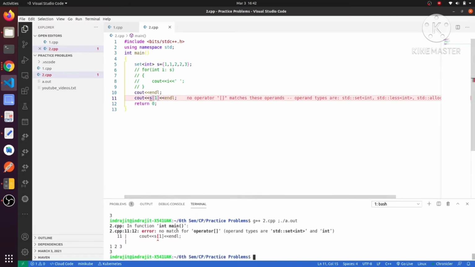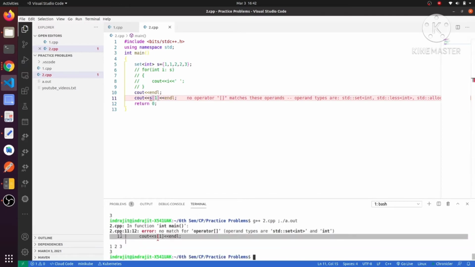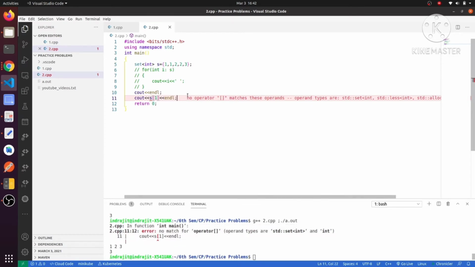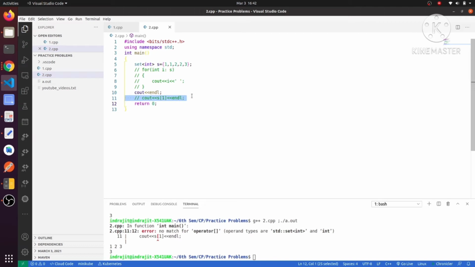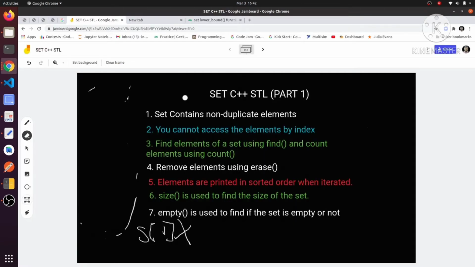Let me put this and comment out this. Now I will write S of 1 and compile this code. So you can see this error, no match for operator, it is not defined for set. So clearly you cannot access these elements like this. Fine.